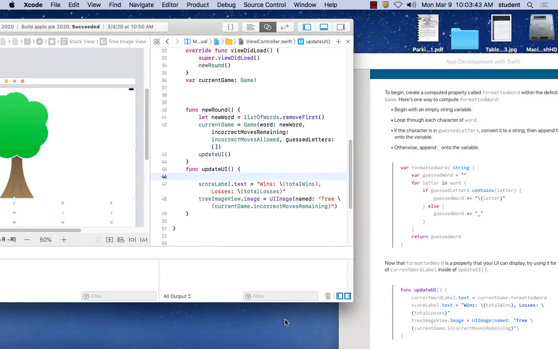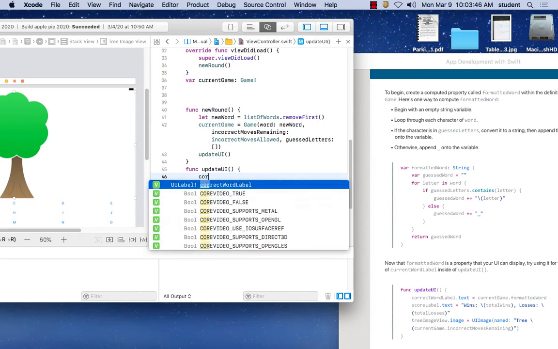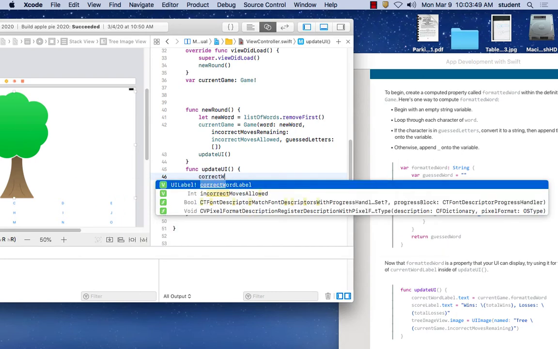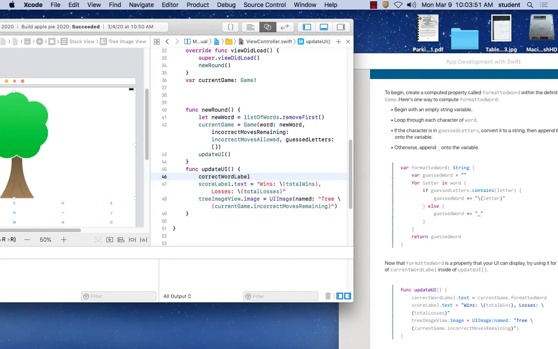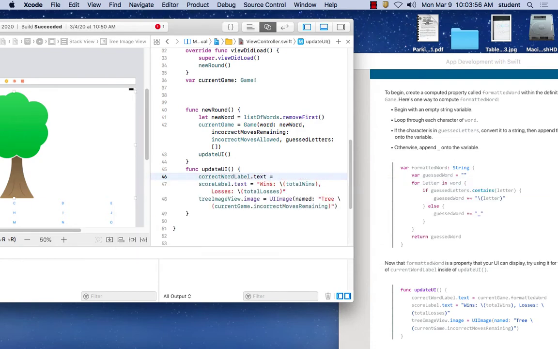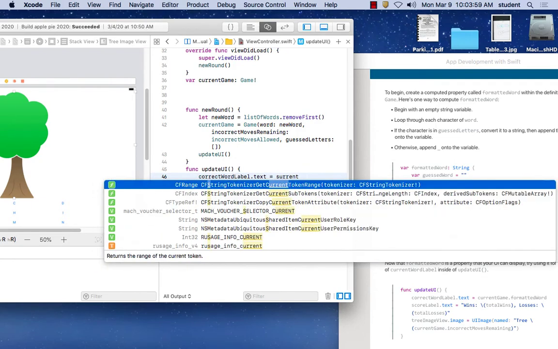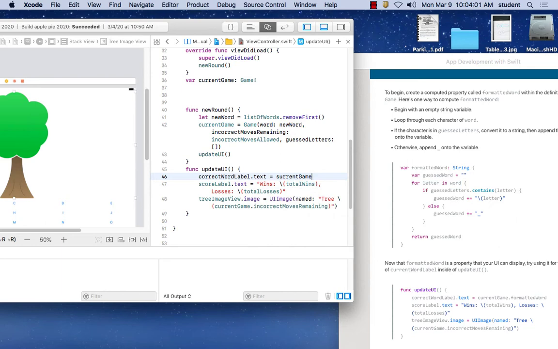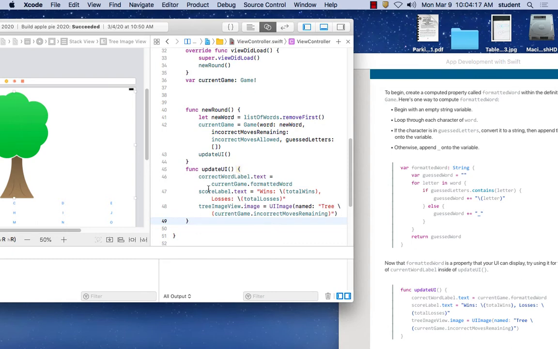So in the update UI, we'll put in the correct word label dot text. That's going to change the text on the screen. Is equal to current game dot formatted word. There we go. So again, the correct word label,